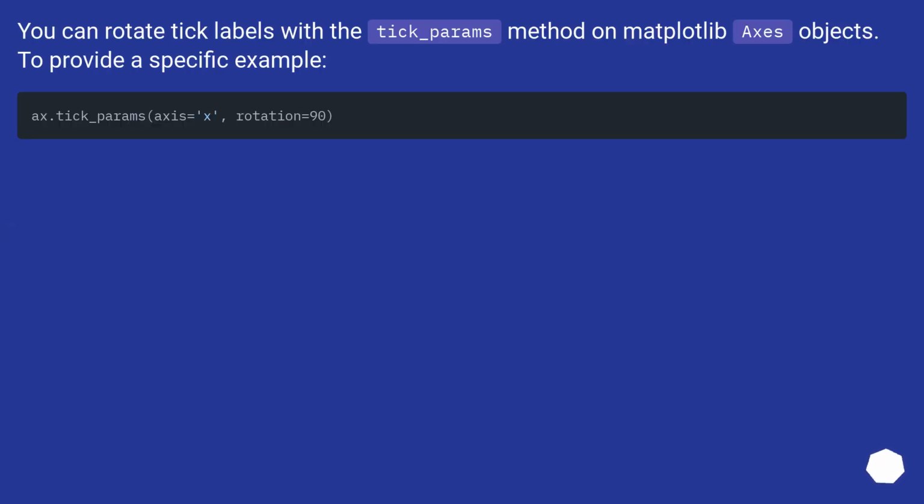You can rotate tick labels with the tick_params method on matplotlib axes objects. To provide a specific example,